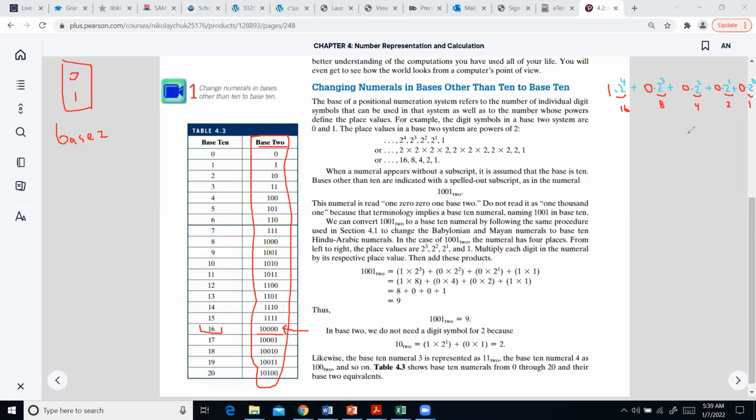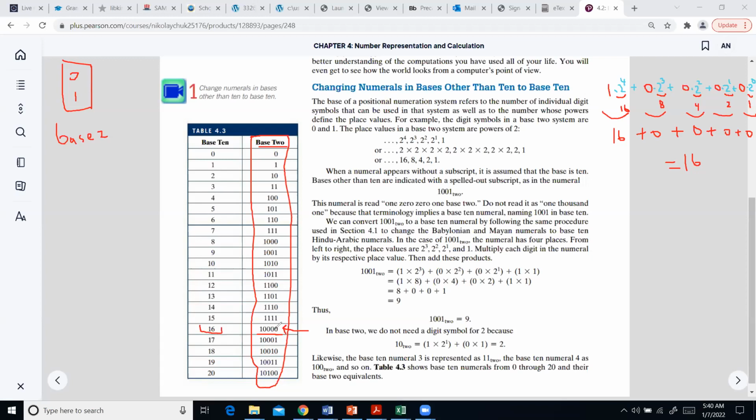And notice when you're adding 1 times 16 with 0 times 8, which is 0, with another 0 times 4, which is also 0, and so forth, another 0 and another 0, you do have a 16. Isn't that just amazing? You see, this way to write 16 is not convenient, to put 1 and a